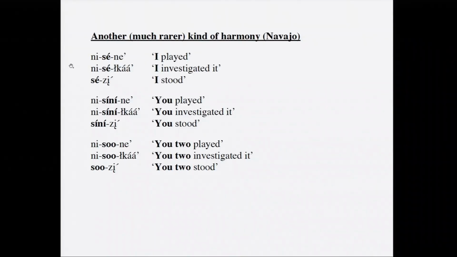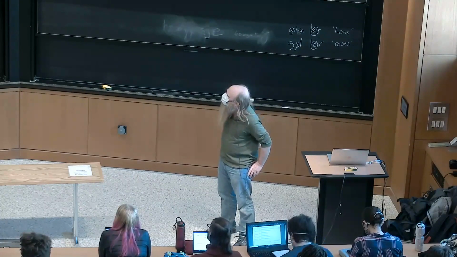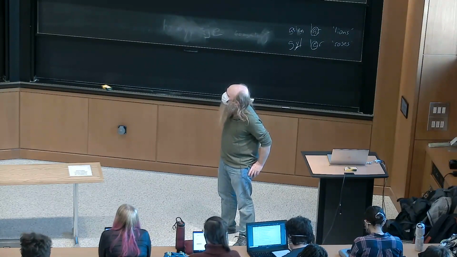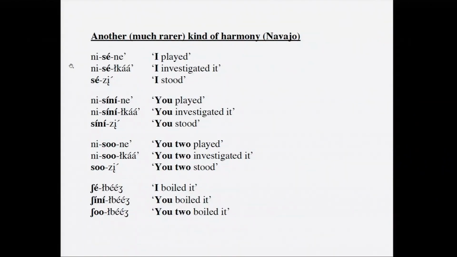Here's some more Navajo. I boiled it is sheshpej. You boiled it is shinishpej. And you two boiled it is shoshpej. So you can see in the three verbs that I had on the previous slide and that are still up here, there are these three morphemes, se, sini, and sol. But for boil, the morphemes are she, shini, and sho. Yeah. This is called